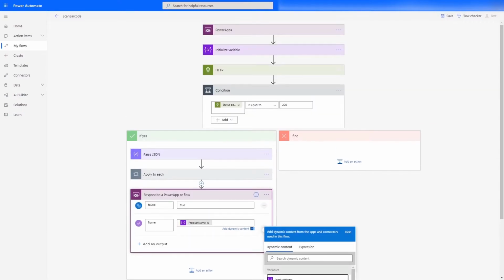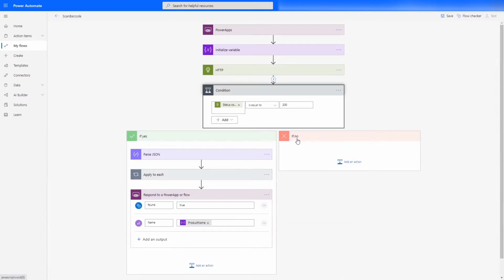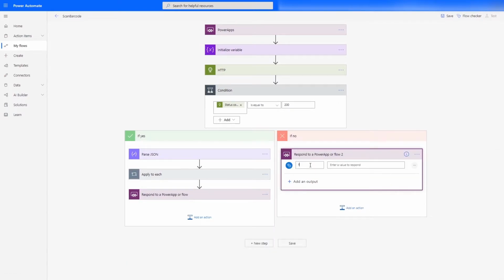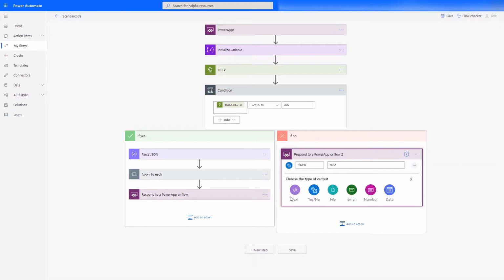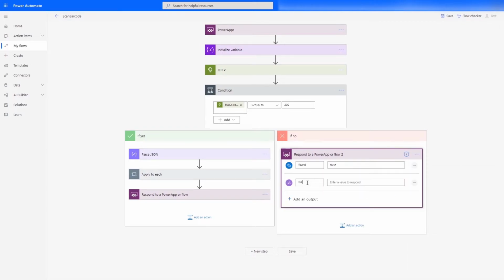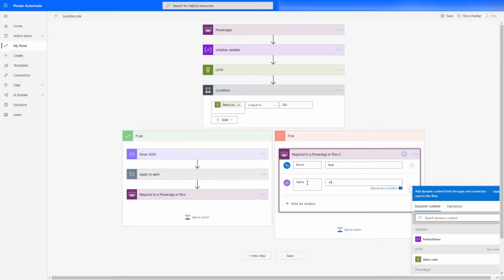Now let's go back and tie up the loose end here, and we want to reply back. We want to use the found variable again, but this time we want to set it to false, and let's just add in a text here as well. Call it name, and we'll leave it blank just now. So let's save that,